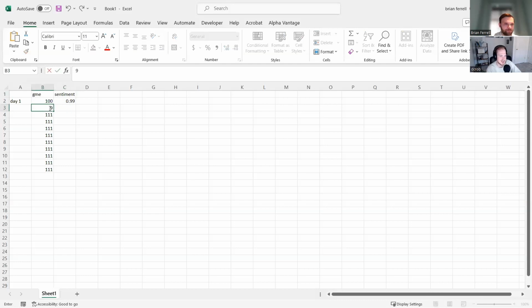Obviously I know what a sentiment score is, but for everybody else here, can you please tell me what a sentiment score is? Yeah. So there's lots of ways of calculating. In just a basic form, it's basically the mood of investors' sentiment towards a particular event or stock. So like if people are